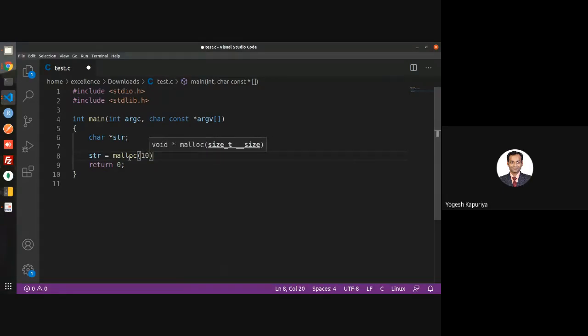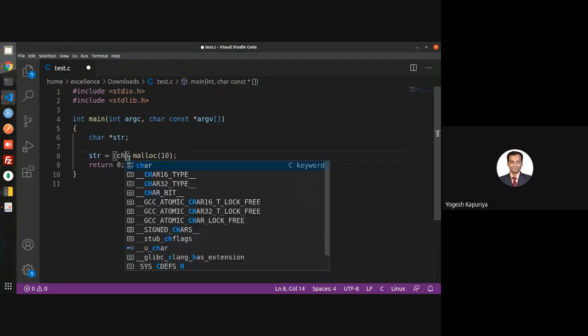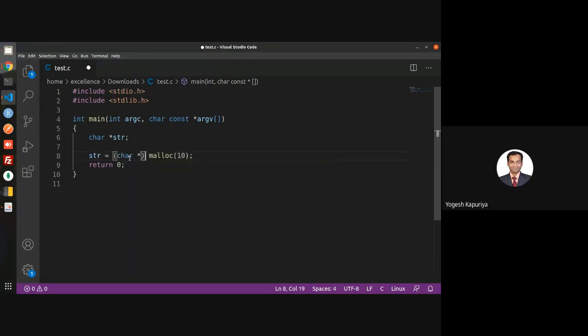Basically, you want to just give this. So 10 means that you require a 10 memory allocation. But because your pointer is of type character, you have to typecast it. So that's what we have done. And I'm not interested in 10 memory allocation, I'm interested in 10 characters. I know that a character requires 1 byte, so I can straight away write 10, right? But instead of, let us say, character, I'm using some structure.